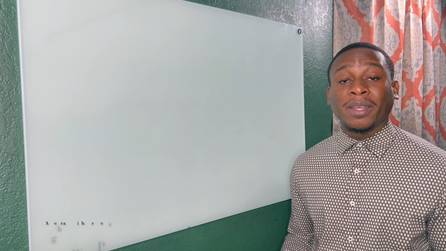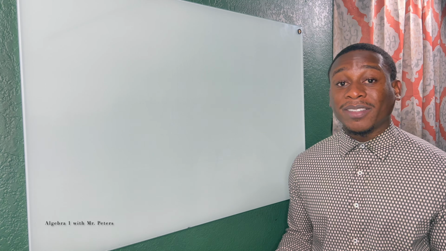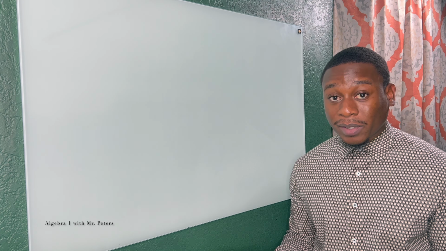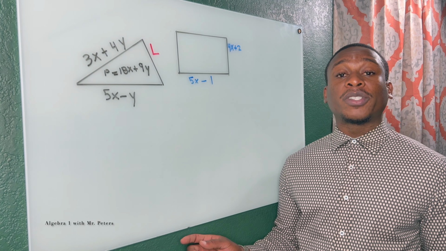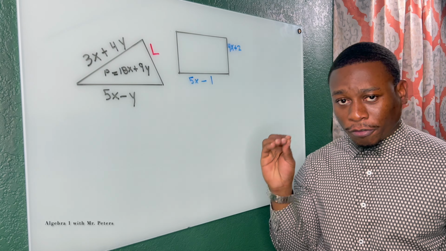What's good, math family? In today's video, we're looking at how to find an area and perimeter when we have side lengths that are polynomials, and I'm going to also show you guys some common mistakes to avoid. In our first example, they gave us the perimeter for this triangle, and they're asking us to find the third